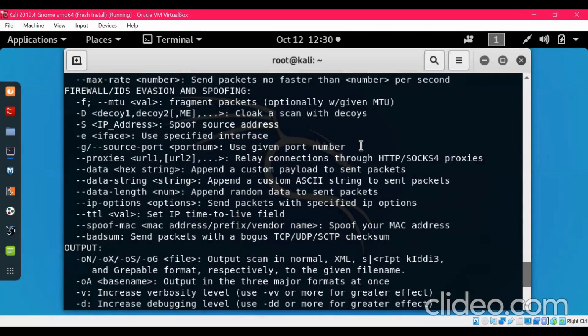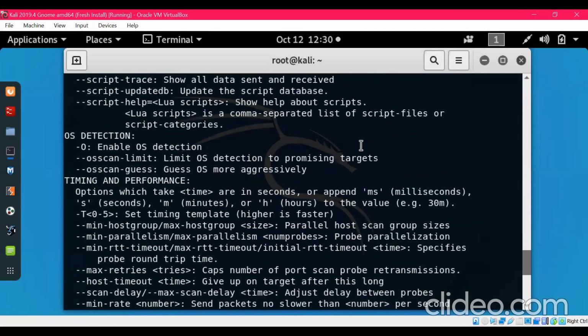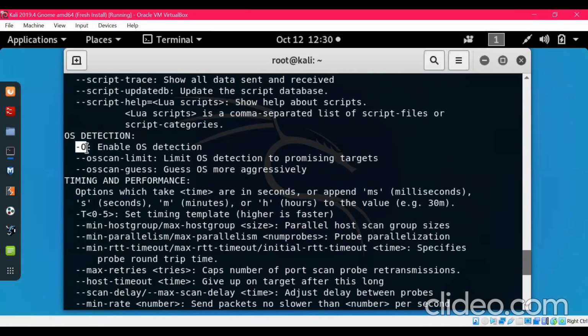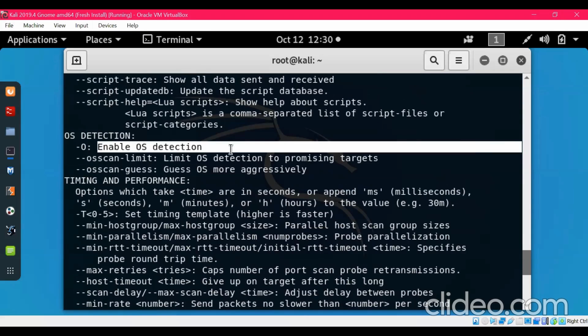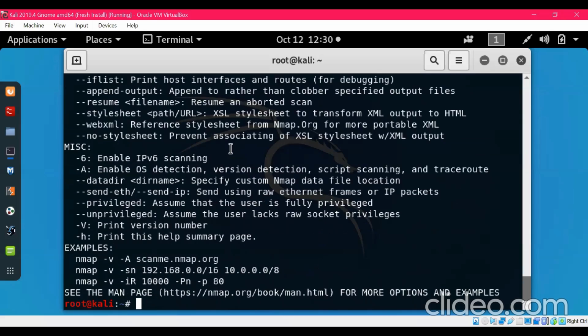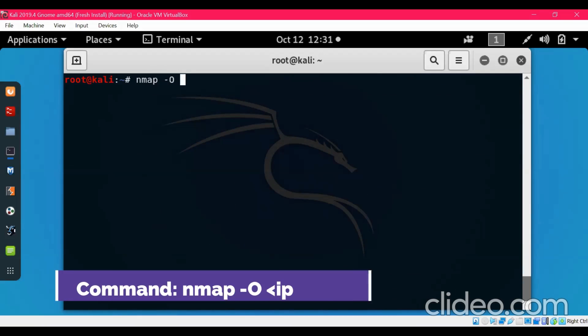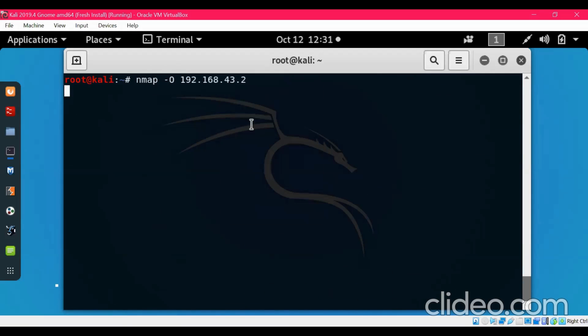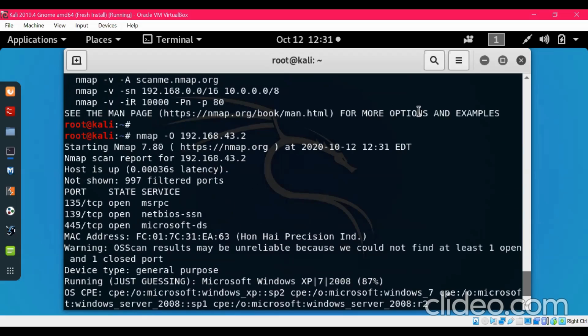Next, I'm planning to use the OS detection option. That is, dash capital O will enable OS detection. So let's try doing this: capital O and then the IP address. There was this one host that I copied, so we could get all the different types of information.